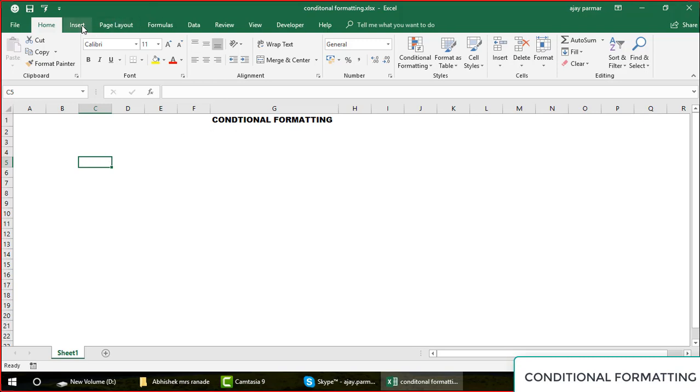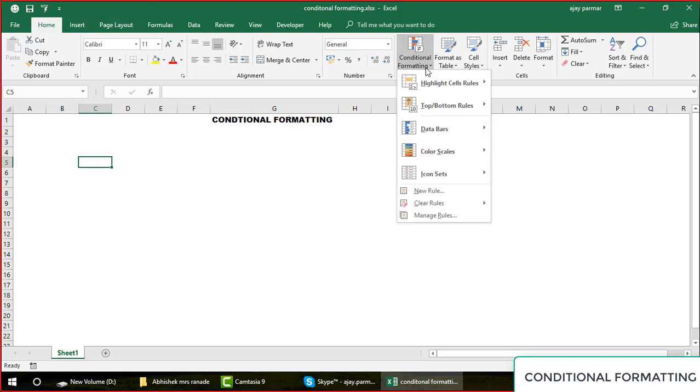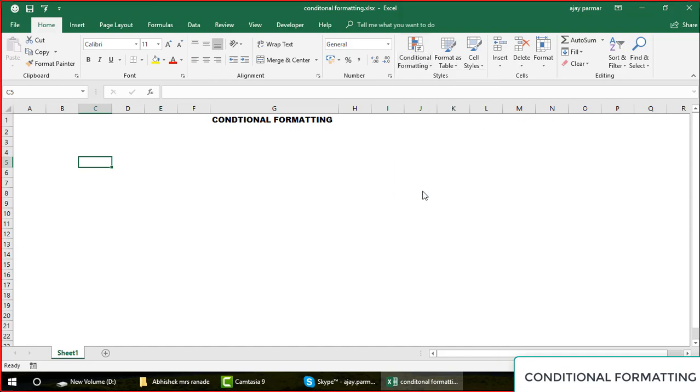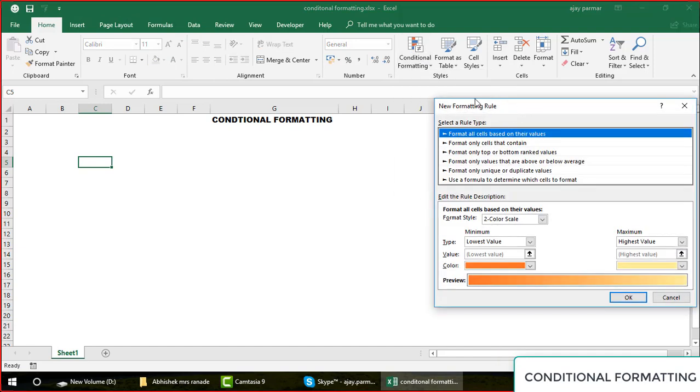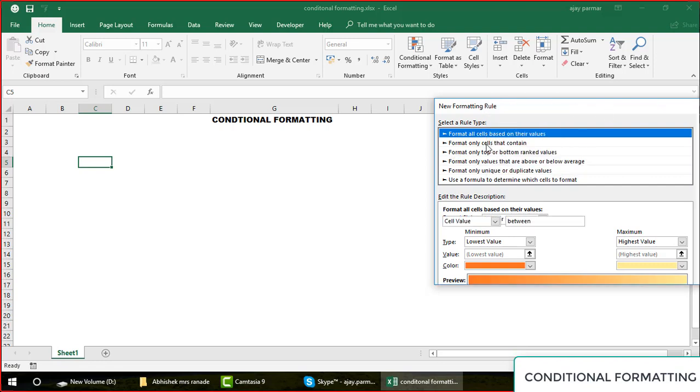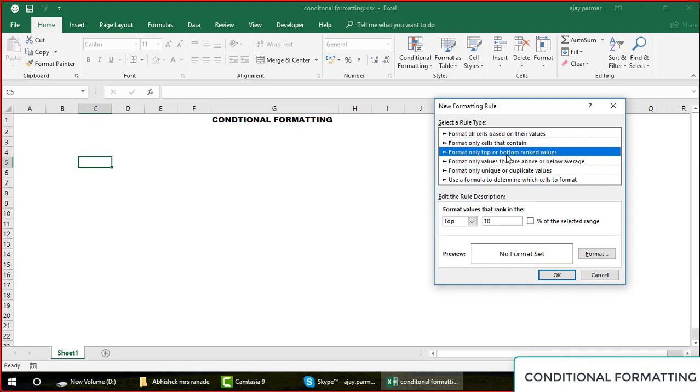Here, basically in the Home tab, in this conditional formatting, we are talking about this. So when you go to this new rule, I'll show you. This is something we will do. So here we have different options, and here you go and give the criteria. These criteria work on your cell values, and according to the criteria setup, they give you the returns by giving you the color which you have set up, right?